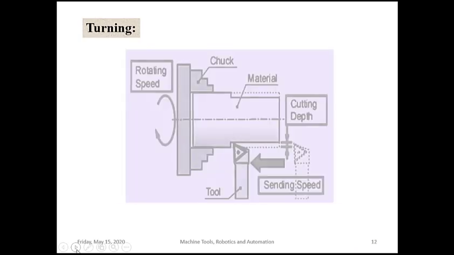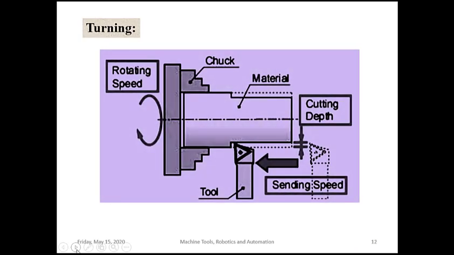First thing is turning operation. This is the most important thing. As we said, it will be used to produce some circular objects. Yes, this is the diagram you need to write. Only this diagram. Need not write the entire lathe diagram and all. If they ask to explain the following operations, please write this diagram, that is the turning process, and this is a turning operation. Write this diagram, that is a work holding device called chuck, and this is rotating, that is, it shows that our workpiece is rotating.